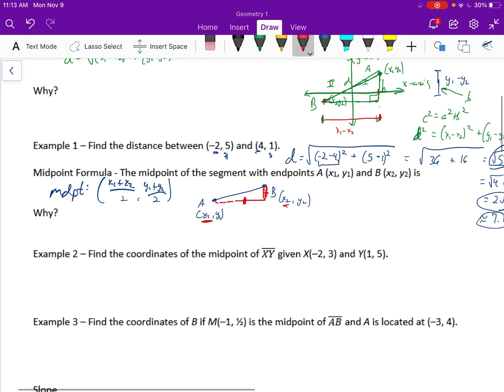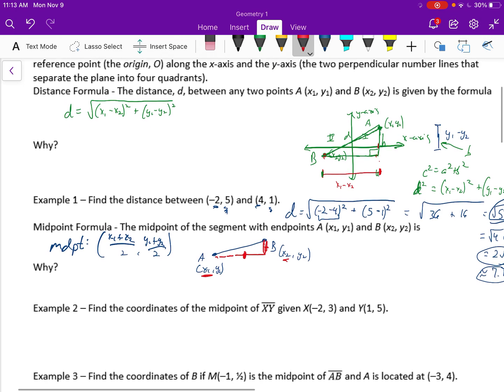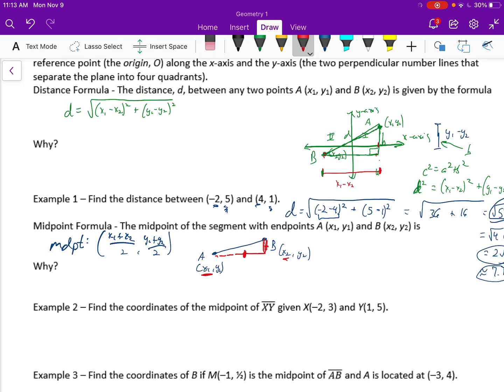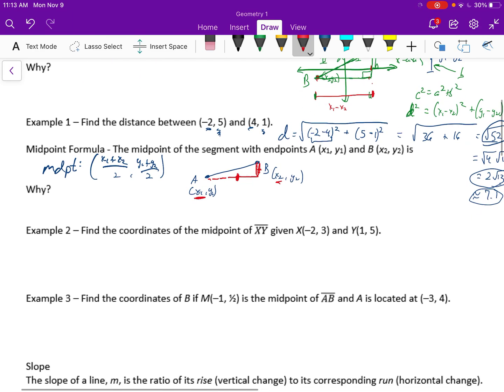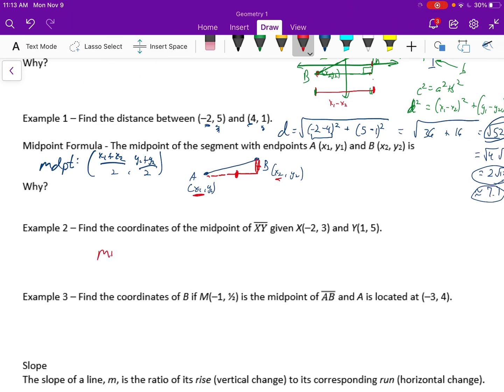There's an example. Find the coordinates of the midpoint of XY, given that X is at negative 2, 3, and Y is at 1, 5. Those are the same points. No, they're not the same points as before. So midpoint. The midpoint